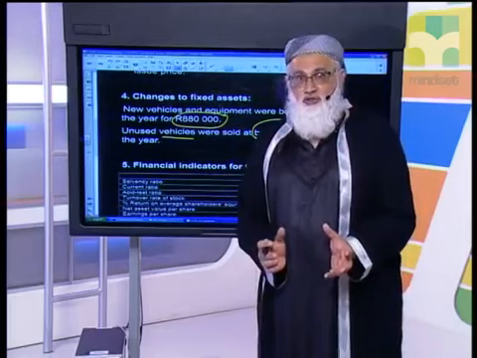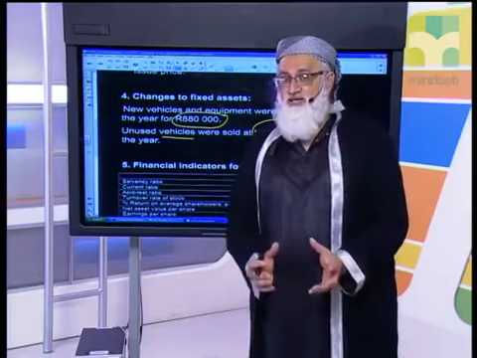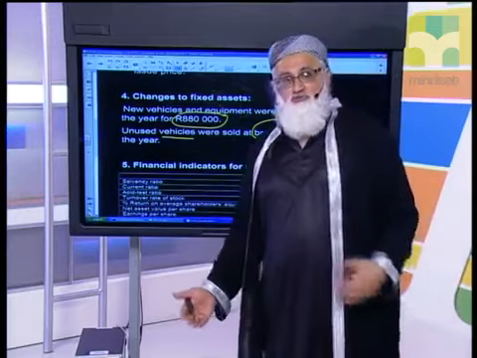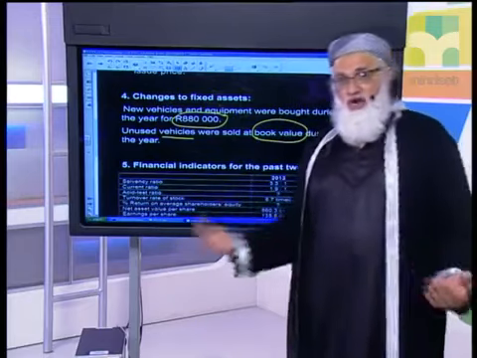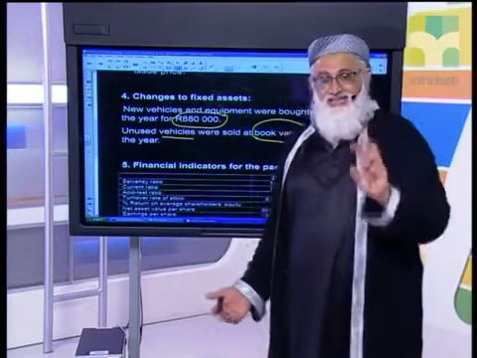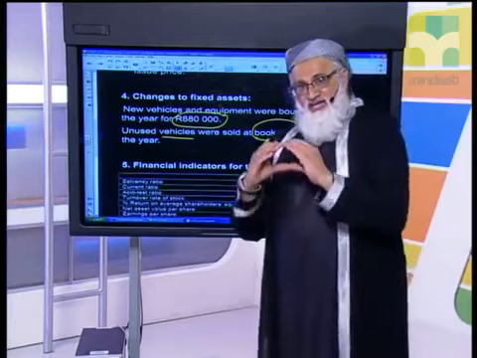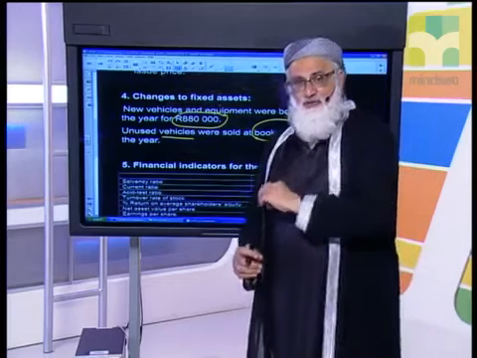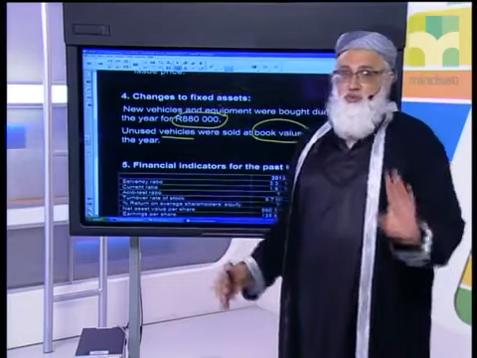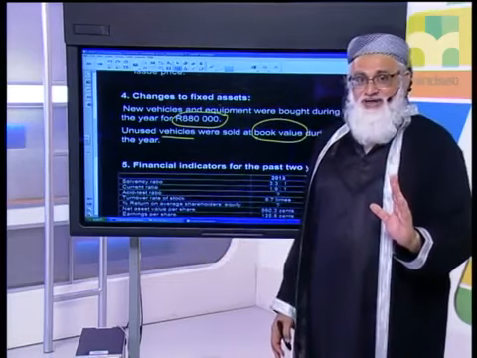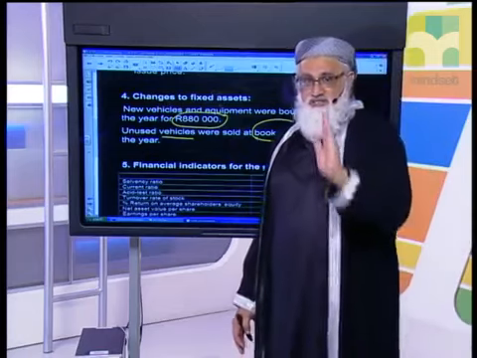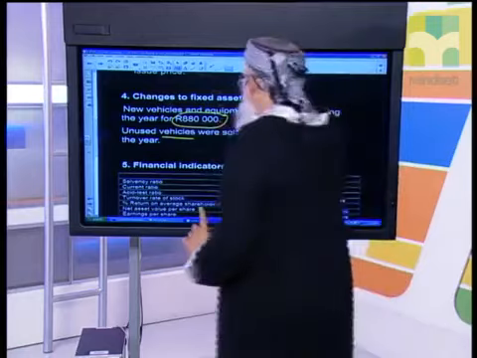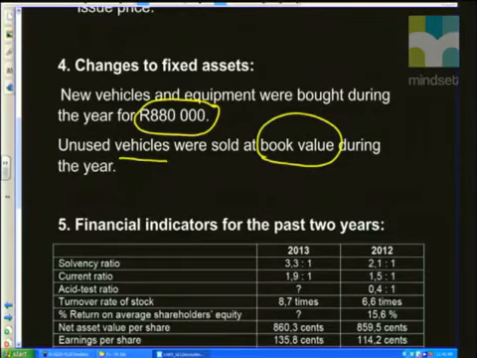Anywhere else in the curriculum, it's the normal asset disposal where you would be selling for more than the book value or less than the book value. But in the cash flow section, we will always be selling at carrying value. No profit, no loss. So please understand this. It's important that you take cognizance of this, because you are told unused vehicles were sold at book value